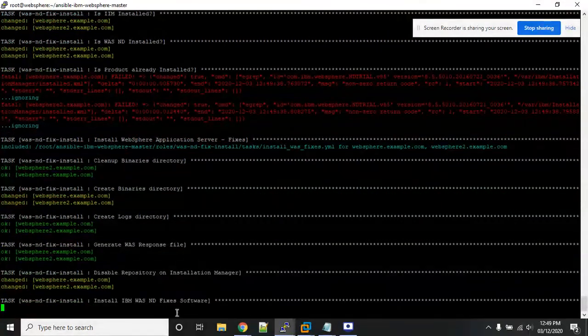Now the response file has been generated, disabling the other repositories if there are any. Now the IBM installation is applying the fixpack for both the servers.